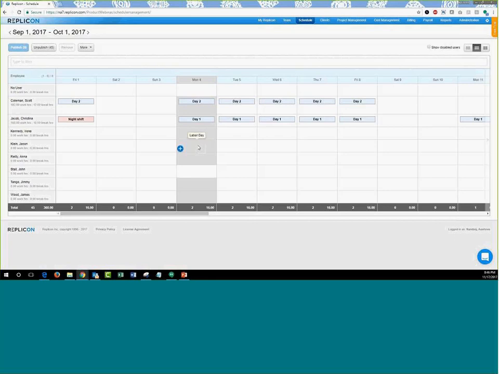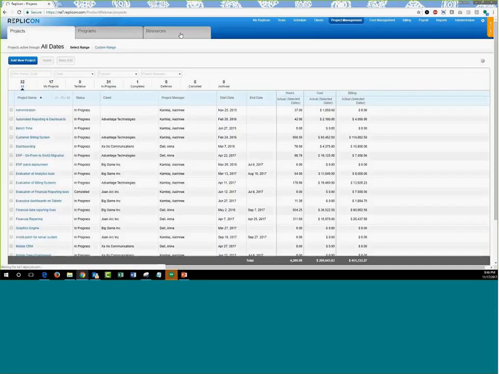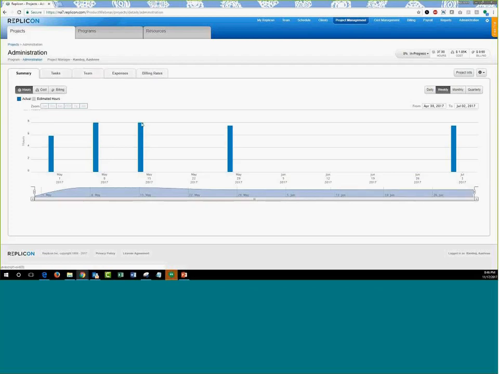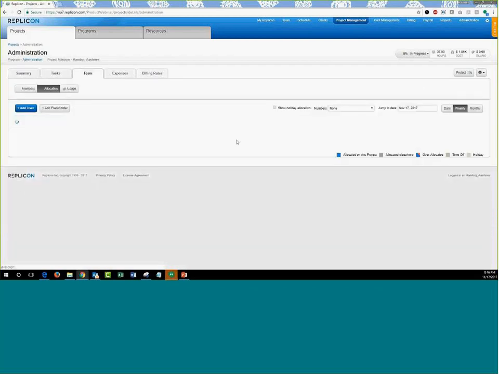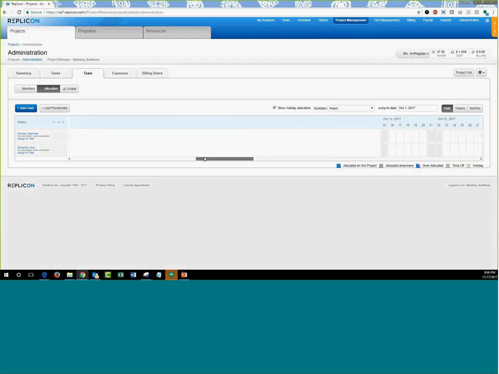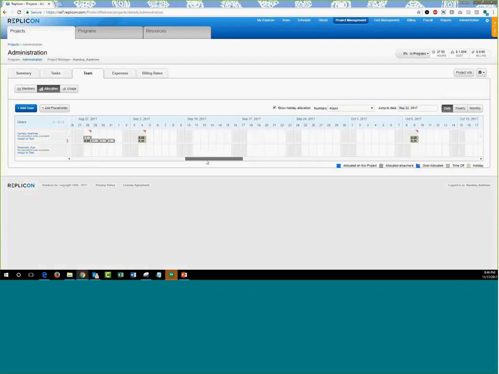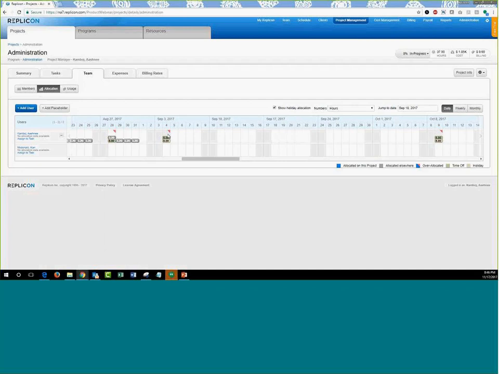Apart from that, if you are a project manager, then you can go over to project management. You can either go to the resources tab, or you can go over to the projects tab, and click on the allocation section under the team section to see if there is a holiday falling up. For example, I had a holiday on September 4th. So I will see that holiday grayed out, and if the allocation is done for time off on that very day, I can see that detail here as well. This is from the project manager, schedule manager, administrator point of view.